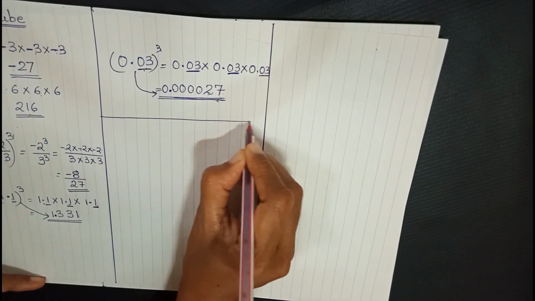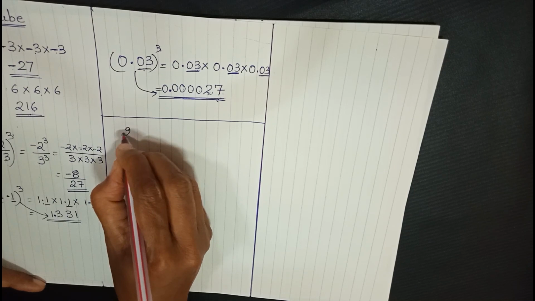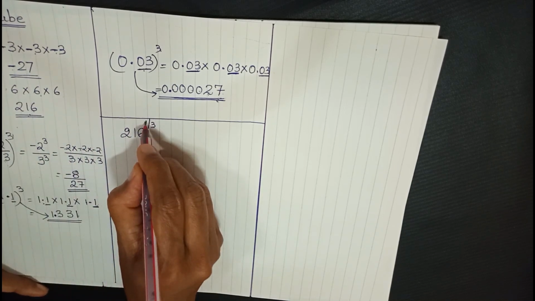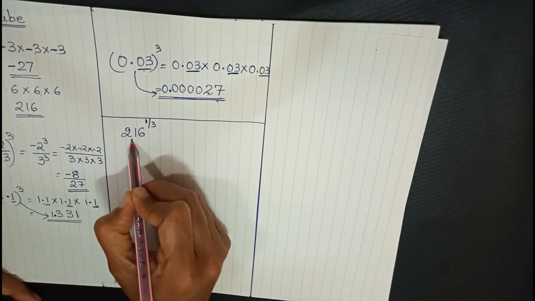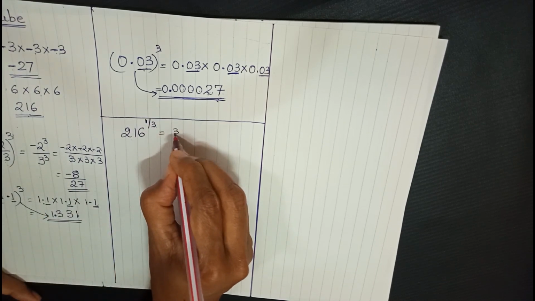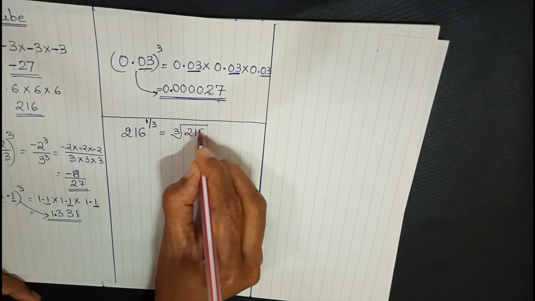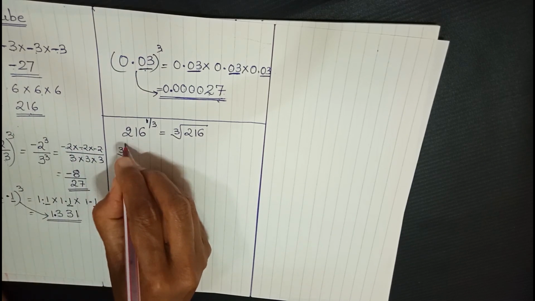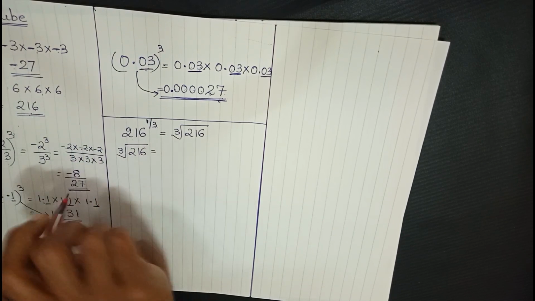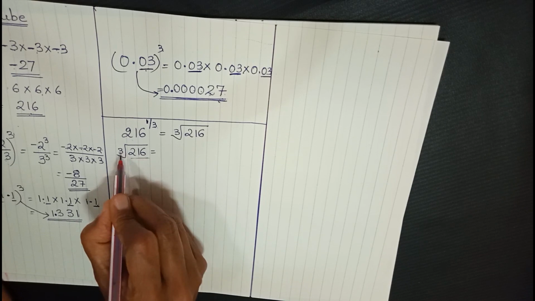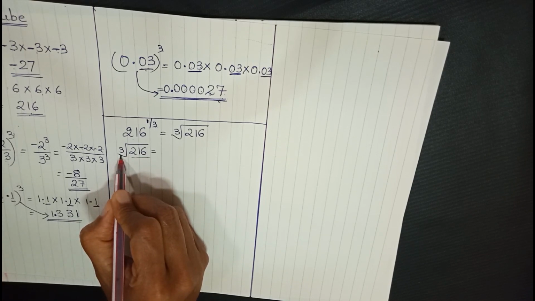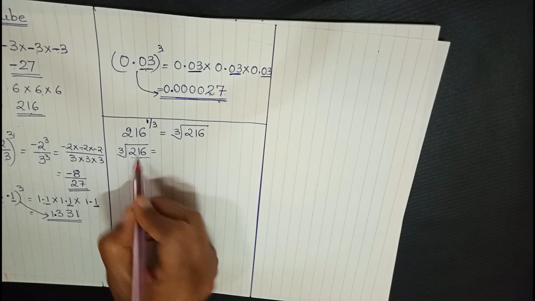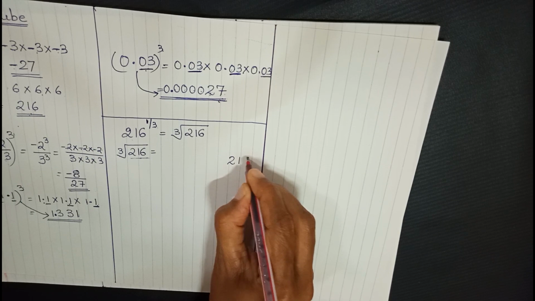Now let us go about finding out cube root. So let us say 216. I want to find out cube root. In the form of indices, this is how we write cube root of 216. In the root form, how will we write this? This is how it will be written, right? Cube root of 216. Now, how do we find out cube root of 216? What does it mean? We have to divide 216 into 3 parts, right? So for that, what we will have to do? We will have to find the factors of 216. So let's find out the factors of 216.